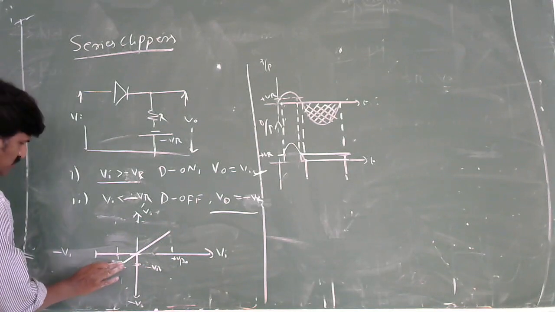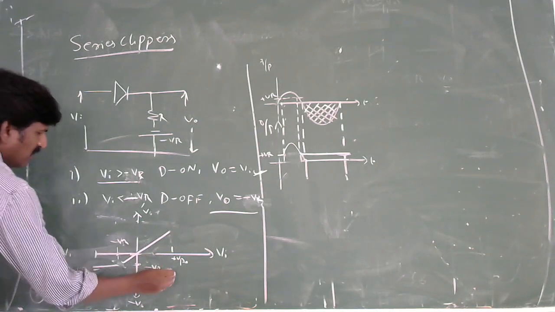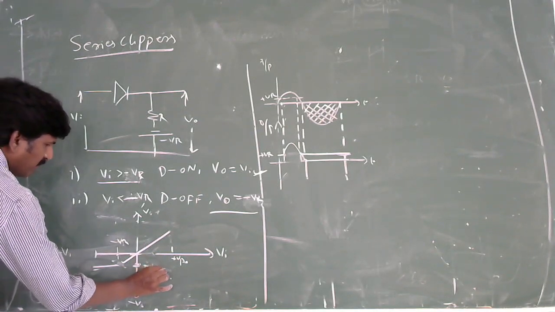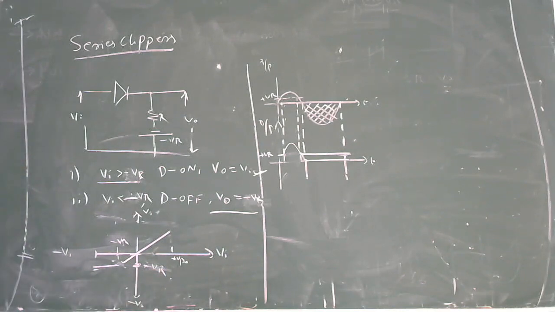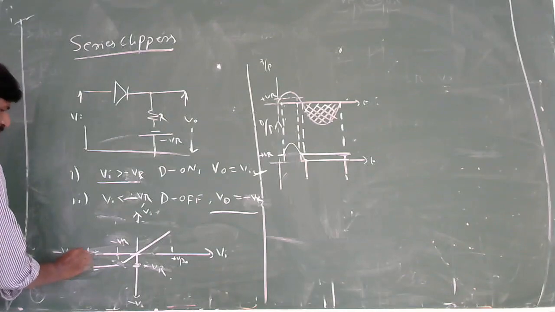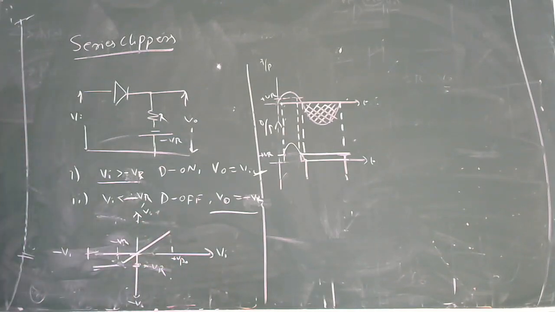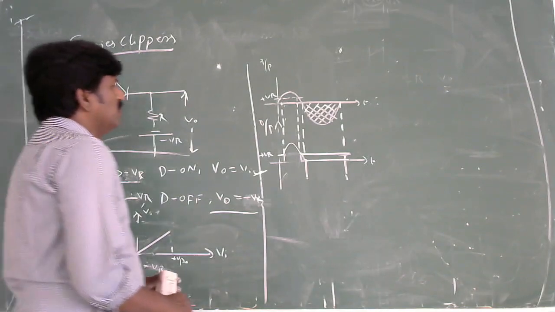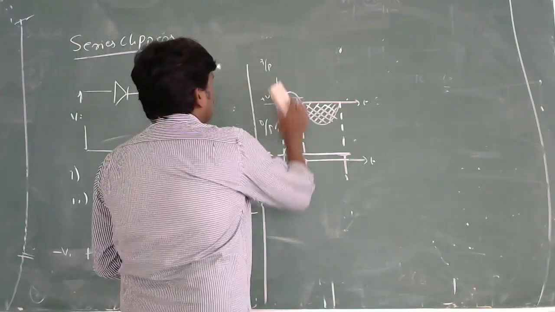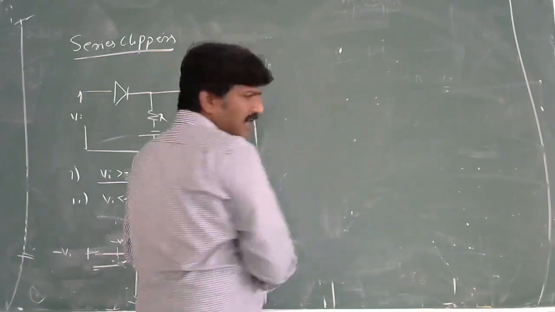Here, what is this one? This point is minus VR. Here you will get the maintained output voltage positive, it is plus VR. So it is going to be extended up to the positive peak, this is the negative peak, this is going to be extended up to the positive peak. Then what are the input and output relationships? Then again you have to draw this one like